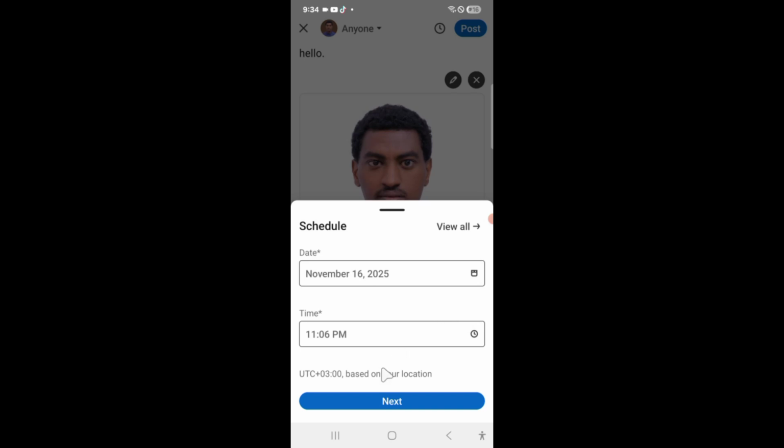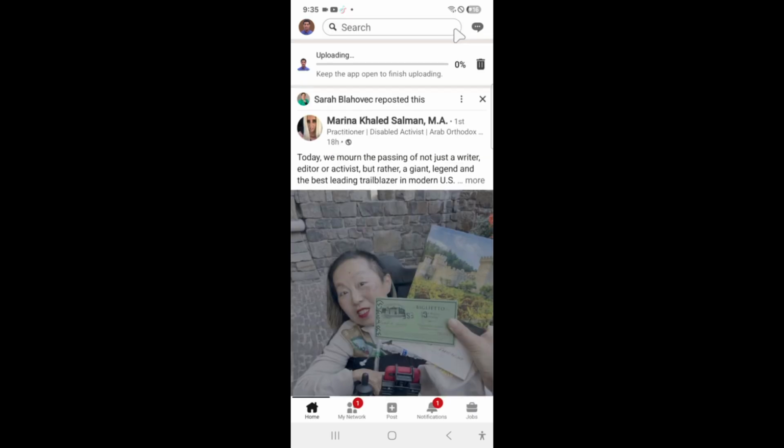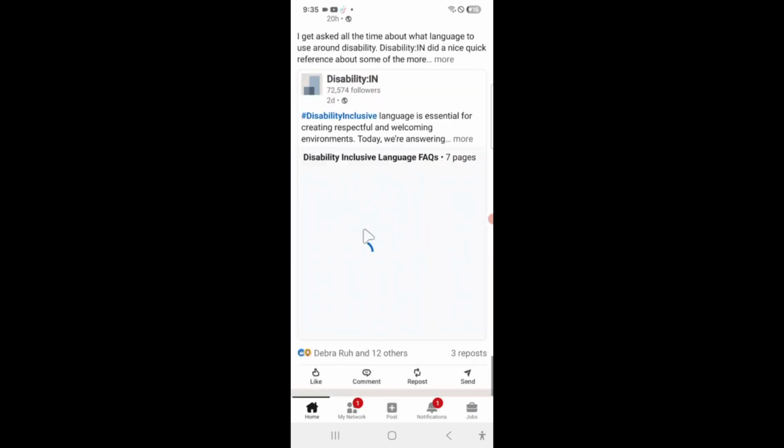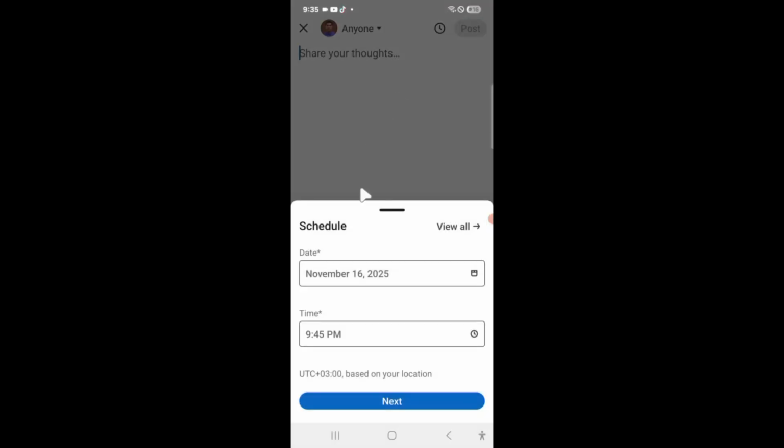Okay, I already scheduled it, then press next. Okay, then let me press schedule post. Then let me go to the posts, scheduled posts, view scheduled posts.